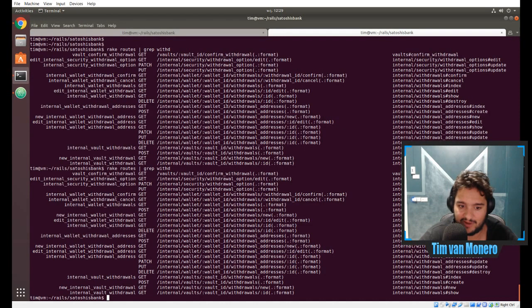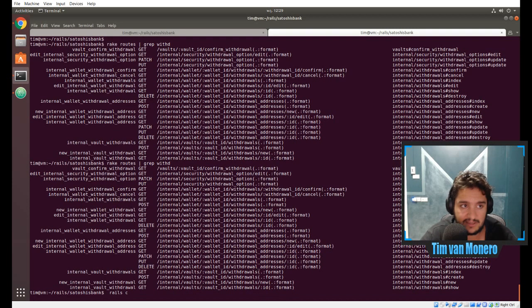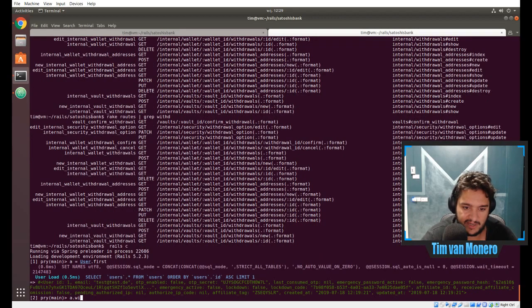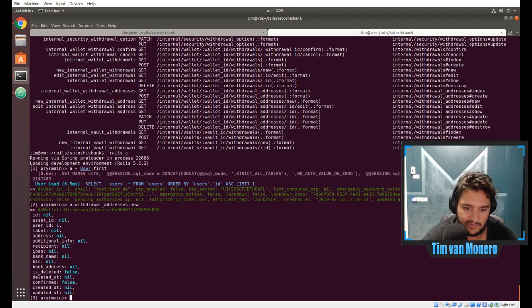Let's quickly create them for dummy reasons. And we say user first, withdrawal addresses new. And all we need is actually a label, Ledger X maybe, and an address, something like this. And we actually say then the asset, I know it's the 3, but